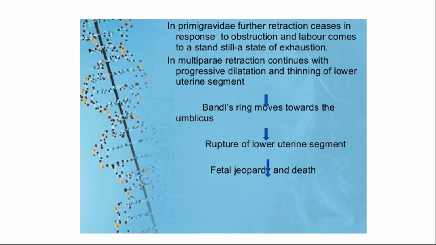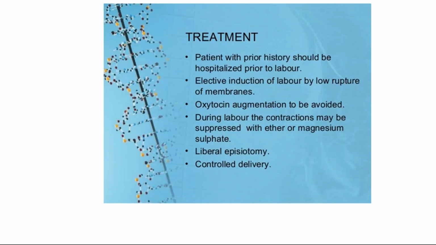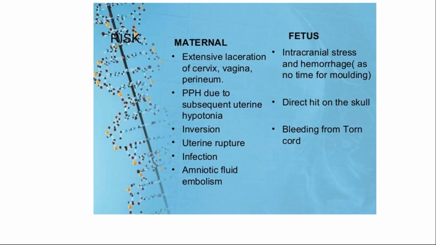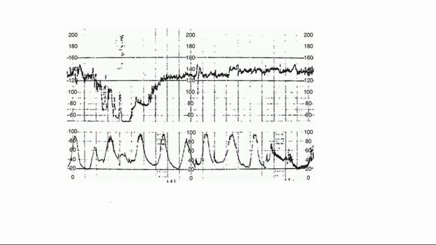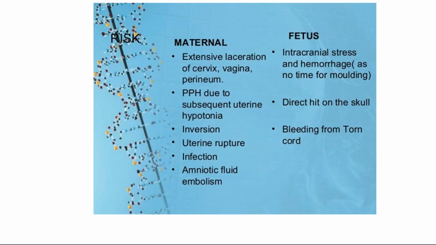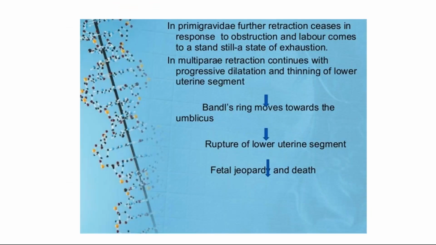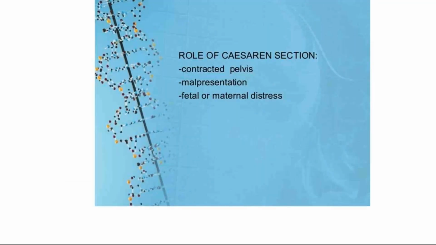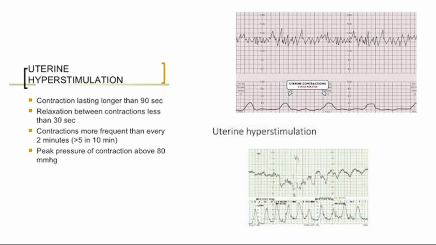So now that CTG is there, it has become easy to diagnose all these labor abnormalities. Right? So the moment you look at the graph, you will be able to say whether the uterus is contracting well or it is contracting less or more. Right? And then the response of the fetus to this uterine action. Okay? So the decision becomes easy, studying the clinical scenario of the patient. If you have any doubt, please ask me.